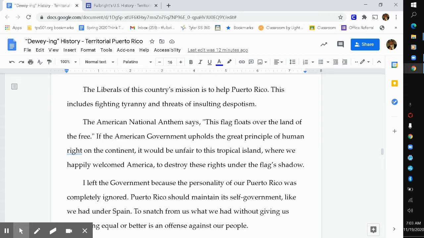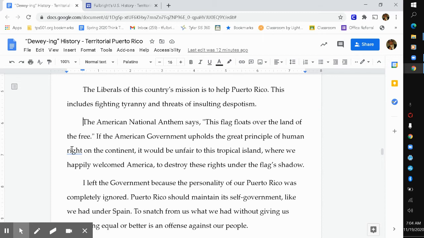The liberals of this country's mission is to help Puerto Rico. This includes fighting tyranny and threats of insulting despotism. Remember, they had just fought for their independence from Spain. Why do they still have to fight tyranny and despotism? Someone's in charge of them now. The American national anthem says this flag floats over the land of the free. What does that mean? If the American flag is flying above you,